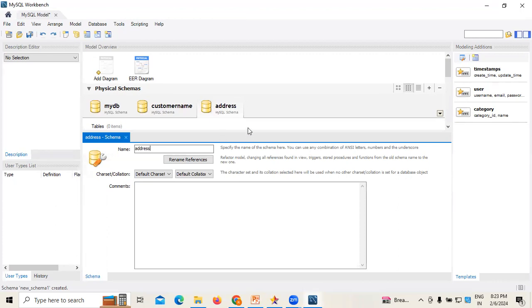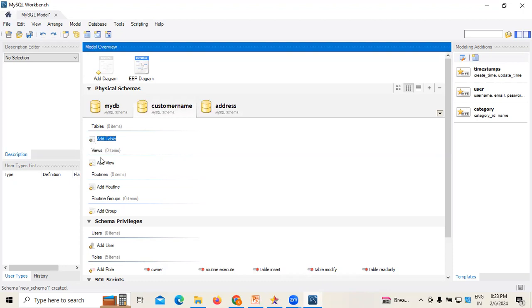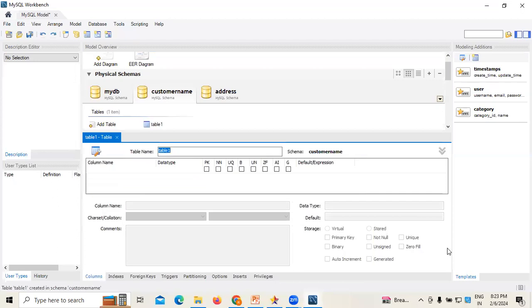So address is one more schema which was created, right? But the advantage is that whatever the physical schema created, for example customer name, if you want to add any kind of tables, if you want to create any kind of tables,